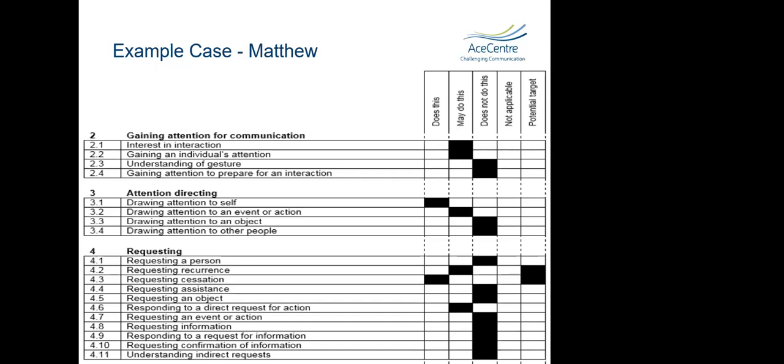So we elicited lots of really interesting information from doing the profile, and got a lot of in-depth information about the differences between certain environments, certain communication partners, and then some of the informal methods that Matthew was using. So we completed the profile and we did the summary, and there were some clear potential targets coming out of that in terms of trying to make communication partners' responses to some of those behaviours a little bit more consistent, as well as trying to formalise some of those things that he was offering. And that couldn't be done just through the use of objects of reference. So we felt that there would be a benefit to trying to formalise his